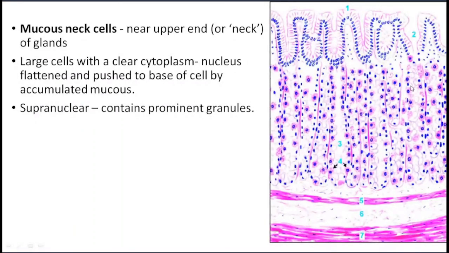Only difference is in the mucosa. Here the gastric glands contain the different types of cells. So with the help of these you have to identify the fundic part of the stomach. What will be the specific features? First, shallow gastric pits. At the end of the gastric pits you will get simple tubular, branched tubular glands, and these glands contain the different cells. Four types of cells you should be able to tell. So this is the fundic part of the stomach.